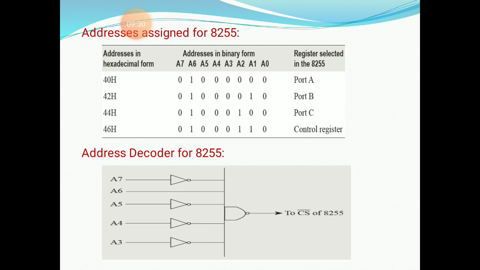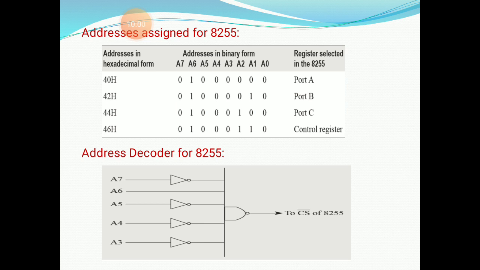From the table, the 4 addresses are represented in hexadecimal and 8-bit binary by using 8 address lines, and they select port A, port B, port C and the control word register in the 8255. These 8-bit address lines of the microprocessor carry the port address of port A, port B, port C and the control word register. Among these 8 address lines,